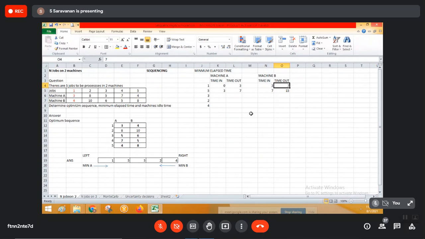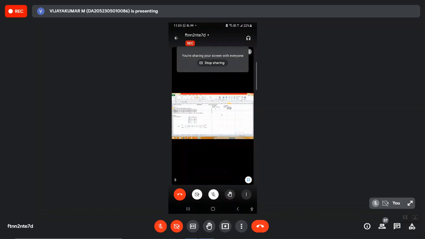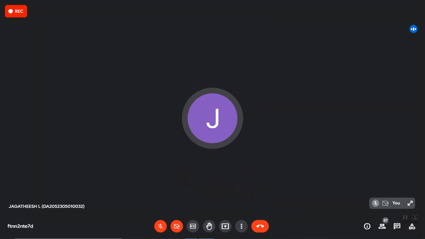Okay, so let's assume that if my sequence is 1 5 3 4 3 2 4, and instead of that, my 1 is placed at the right corner where machine B is minimum, what will happen in that case, sir? Sorry, someone stopped you. So you're asking what if machine B is minimum. In that case, we have made a sequencing here. So that's the reason I said that we have started this way, right?